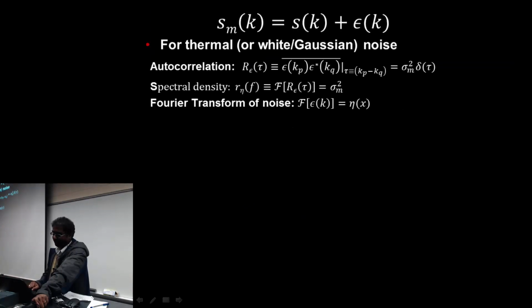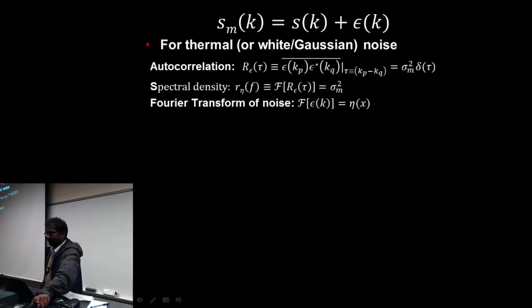Okay, so if you model, like I said, this noise is actually in the K space that you're recording. So you can model your signal as the linear summation of your actual signal without any noise, plus the epsilon K, which is the noise parameter. Now for thermal noise, which is random, one of the characteristics of that noise is that the power spectrum of that is constant across all the frequencies. And if you take the frequency or